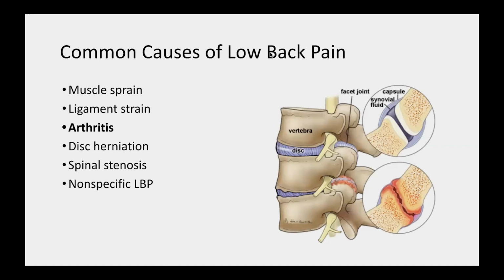In terms of our next major cause of low back pain, arthritis, I just wanted to review some basic anatomy in regards to what makes up the structure and support of our low backs. So in our low backs, we have vertebra, which are the building blocks, the large bones within our spines. In between each vertebra exists a disc, which helps support and provide cushion between each level. Behind these structures is our spinal cord, a long hollow tube that goes from the brain all the way down